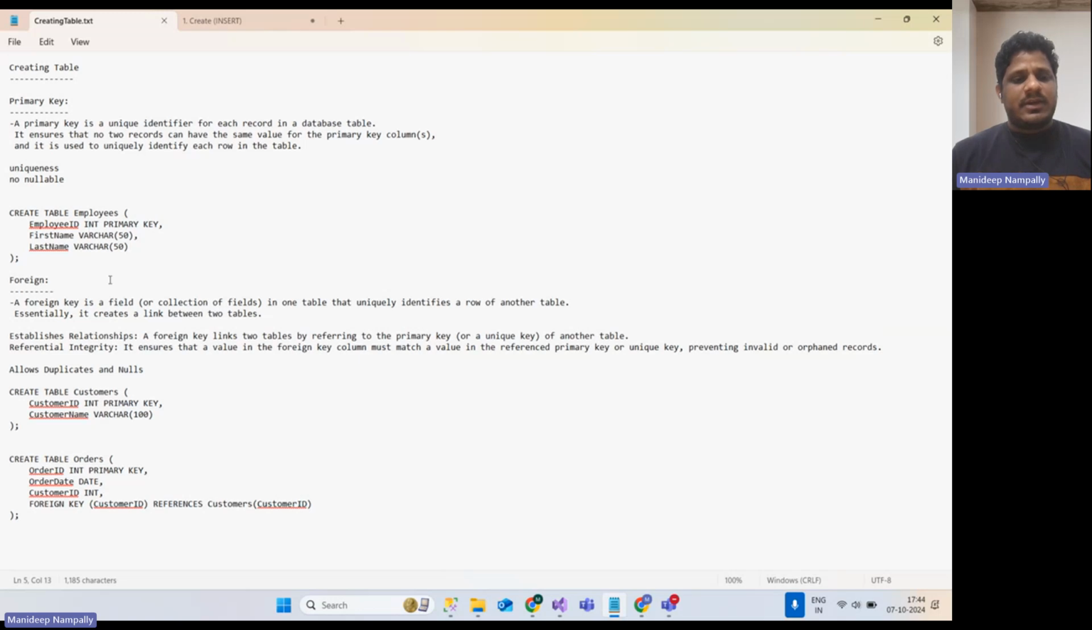So next one is a foreign key. A foreign key is a field in one table that uniquely identifies a row of another table, and essentially it creates a link between the two tables. It maintains the relationship between the two tables. A foreign key links two tables by referring to the primary key value of another table, and it integrates the two tables. It ensures that a value in the foreign key column must match a value in the referenced primary key or a unique key,